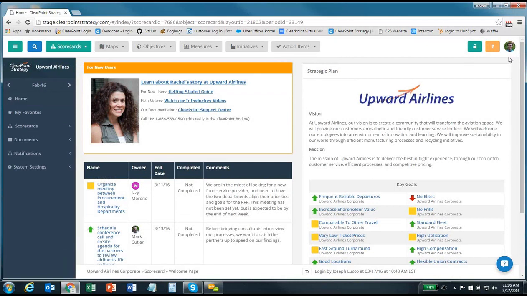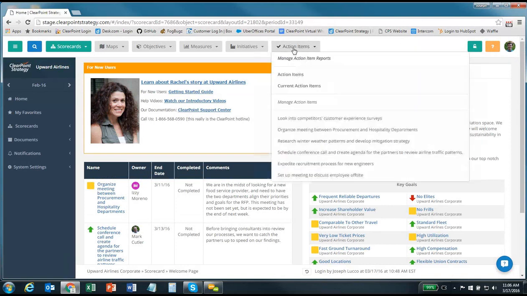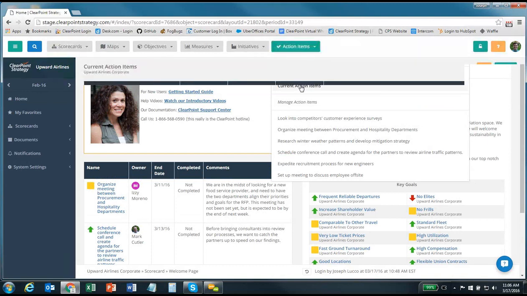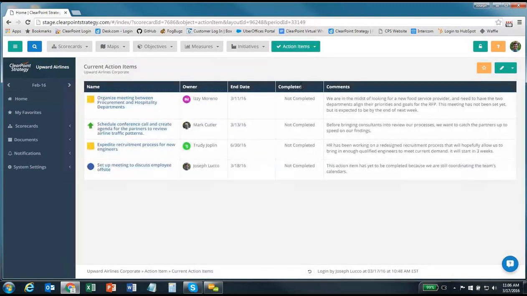So now I have a picture of myself looking back at me, and then I can also navigate to a summary view here, and my picture is also going to appear next to everything that I own. So here I'm listed as the owner of this action item. You can see my picture. You can see Mark owns this action item and see his picture as well. But then people like Izzy and Trudy have chosen not to upload a picture, so they just have their initials